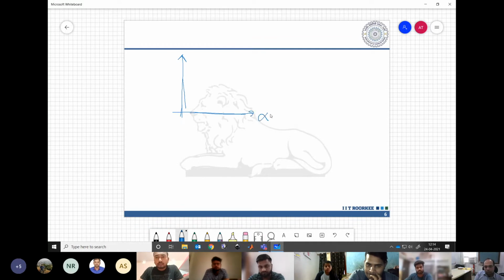One reference frame is associated with the stator, stationary with respect to the stator, that is alpha s, beta s. And another is stationary with the rotor. So I may call it alpha r and beta r, like we saw yesterday. Now, if we have a current, let us say our stator current,